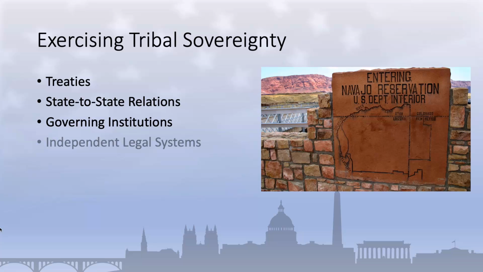The independent legal systems and tribal courts established by many tribes to enforce their laws, resolve disputes, and protect tribal rights is another avenue through which tribes maintain their sovereignty. Examples might include the Mississippi Band of Choctaw Indians, which operates a tribal court that handles civil and criminal matters, as well as a separate court that deals with traditional Choctaw customs and practices.